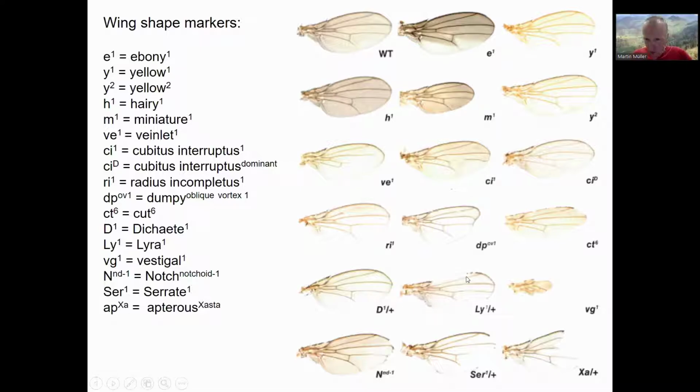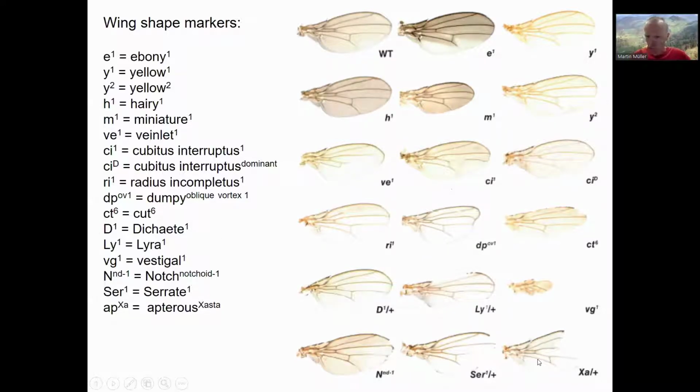Then we have Lyra. I guess the person thought that this wing phenotype is reminiscent of the instrument. Then we have serrate, which is also often present on the third chromosomal balancers. And then, of course, I should mention